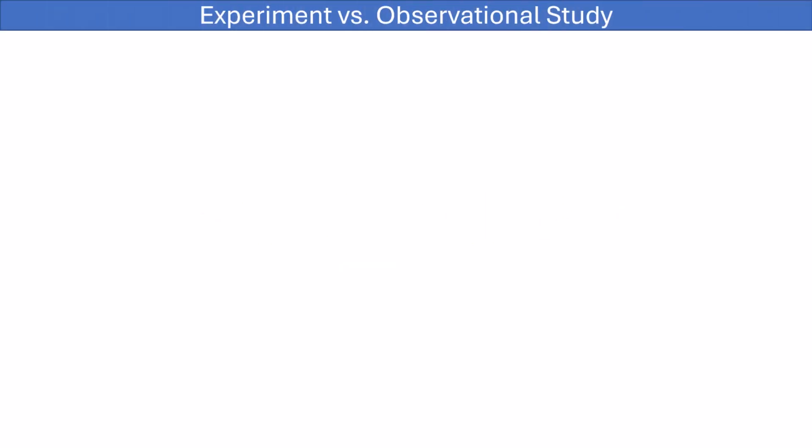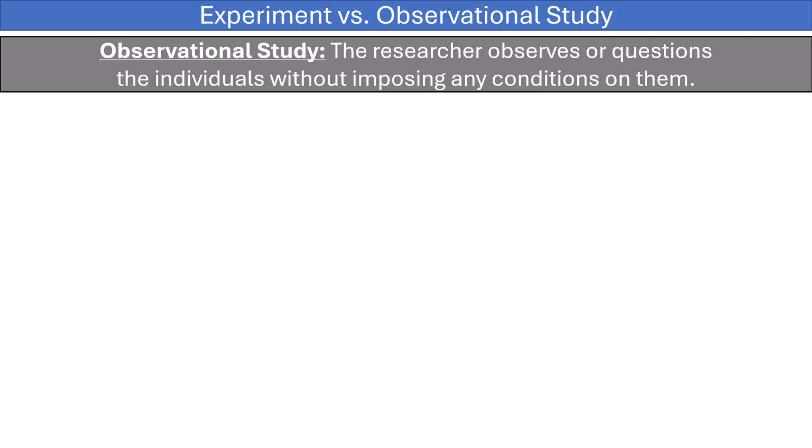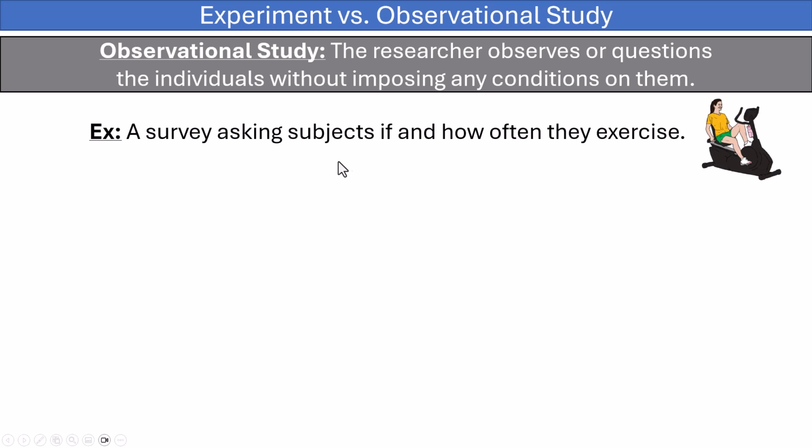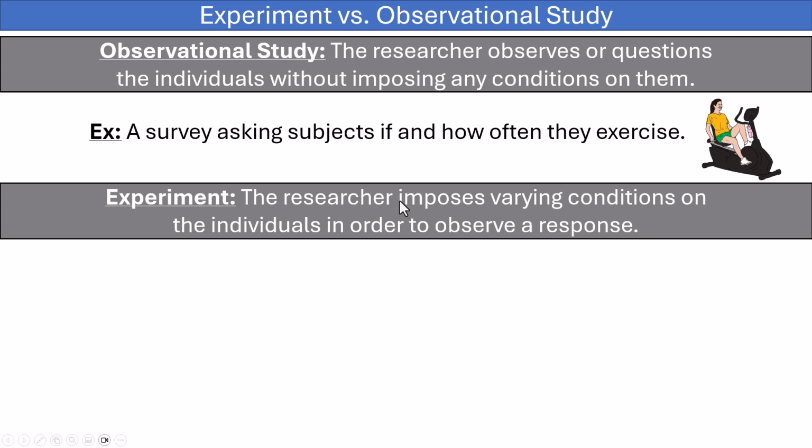In previous videos, we've discussed the difference between an experiment and an observational study, but I think it makes sense to review it here. An observational study is where the researcher observes or questions the individuals without imposing any conditions on them. For example, a survey that asks subjects if and how often they exercise would simply be an observational study. We're not telling different people to exercise more or less, we're simply asking subjects if and how often they exercise. On the other hand, an experiment is where the researcher does impose varying conditions on the individuals in order